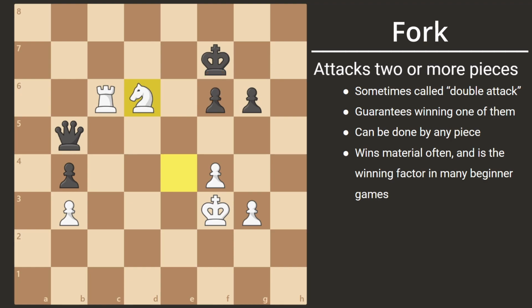So super common idea, and I highly recommend that you practice these. Now, as a beginner player, it's going to be really difficult spotting forks. Don't worry about that. As you play more and more games, you will naturally see forks. So what I recommend for you to do is actually just play the game. The more you play, you're going to be more accustomed to seeing this tactic, and then you'll start defending against it. You'll start seeing if your opponent can do it,